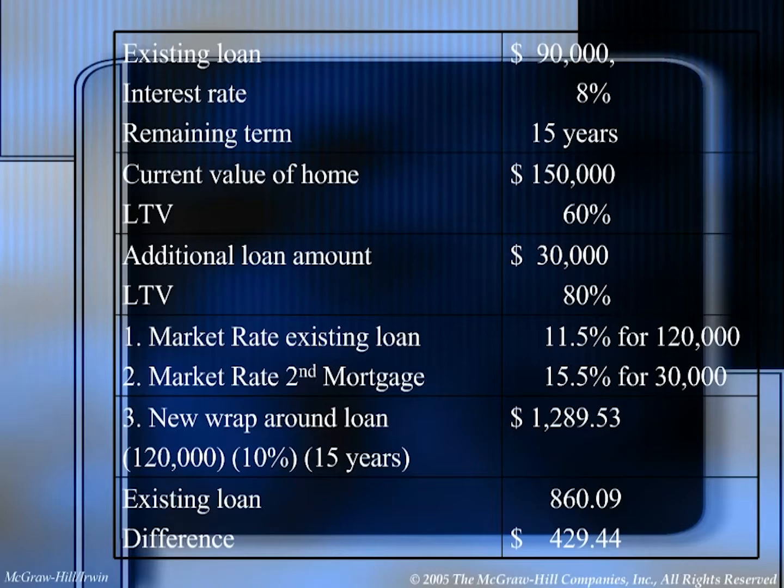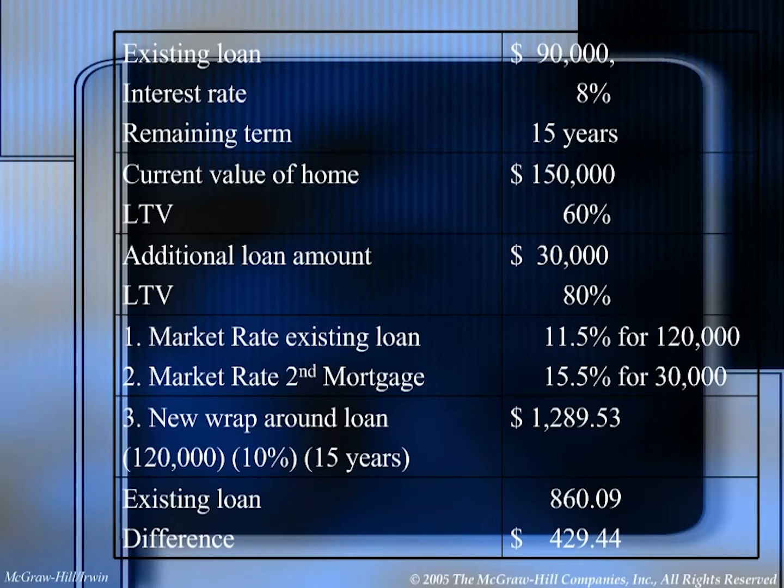Okay, so you can do that and still avoid most costs as long as you have at least 80% in the home. And now you've got three choices. You could use the market rate of an existing loan. So just go out and get a new loan for $120,000 at 11.5%. You get that new loan, you pay off the existing loan, $90,000, and you have the remaining money